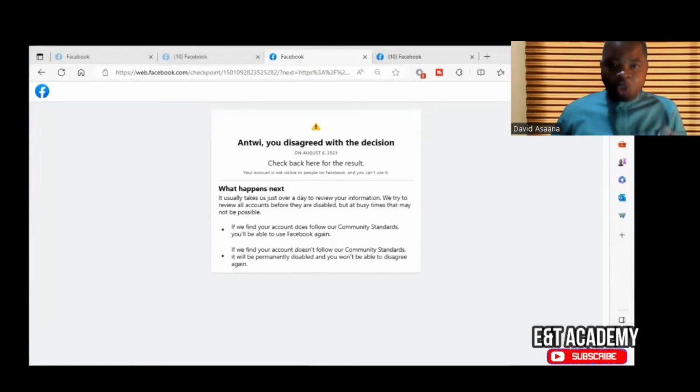Because of that, I advise you to use your real name when you are creating an account. If it is not your real name, it will not match your ID card and you will be found wanting. I'm just talking about the case where they ask for your ID card, because they may not need it all the time.